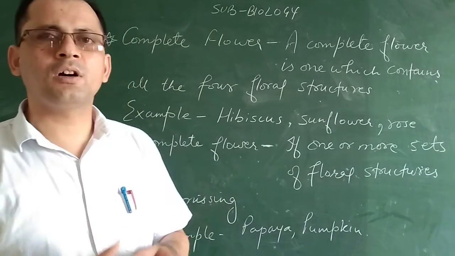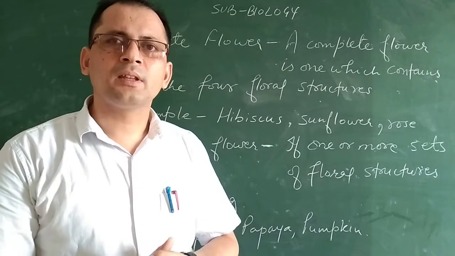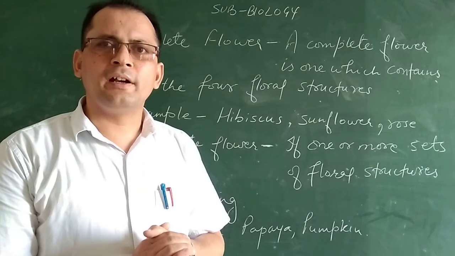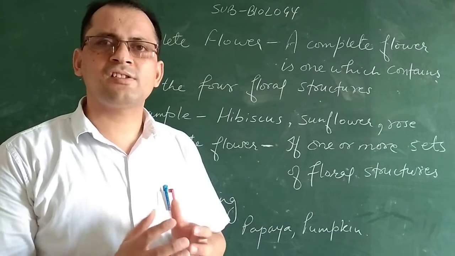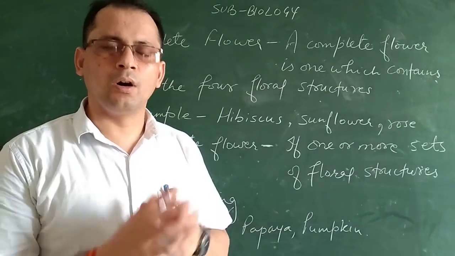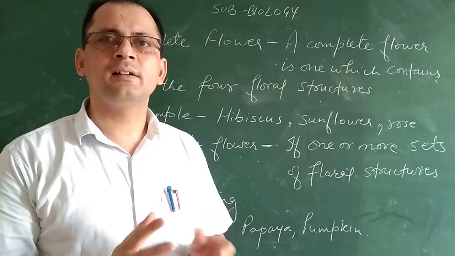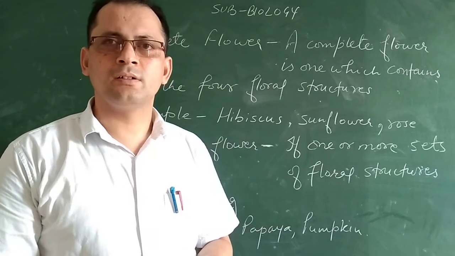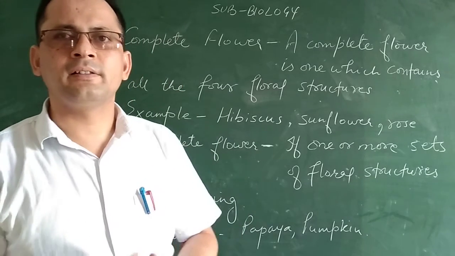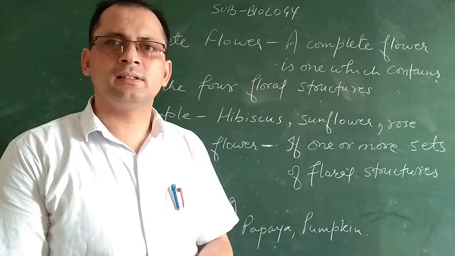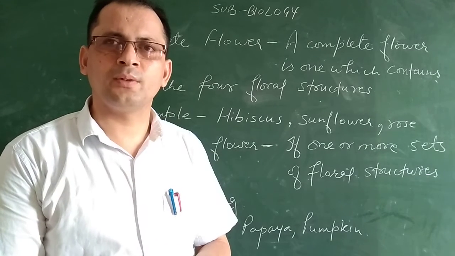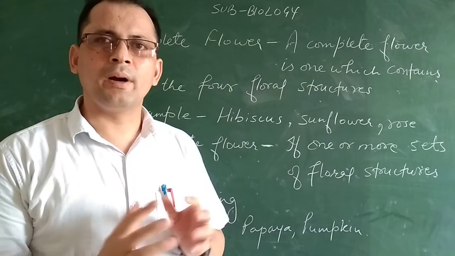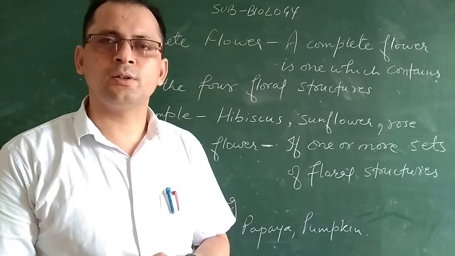Like when we talk about petals, petals are brightly colored, they attract the external pollinators towards the flower. Also when we talk about the sepals, these are green leaf-like structures which protect the flower during the bud stage. So the non-essential parts, that is sepals and petals, comprise the non-essential parts of the flowers, and these are the parts which do not take part in reproduction but they provide support and protection to the flower.